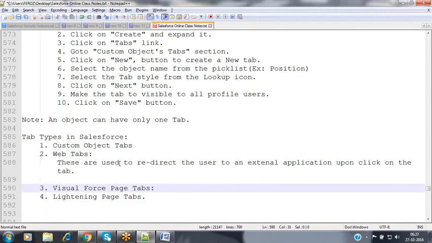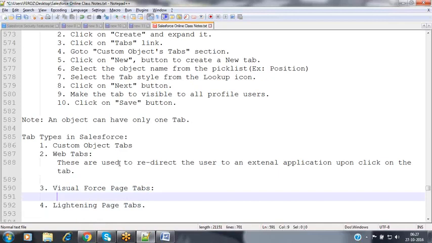And the third one, Visualforce page tabs. Visualforce is a web development framework offered by Salesforce by which we can design our own customized graphical user interfaces. When I click on this particular tab, I don't want to open any object user interface. I want to open my own user interface, which I have designed using a Visualforce page. So at that time, we go for Visualforce page tabs.